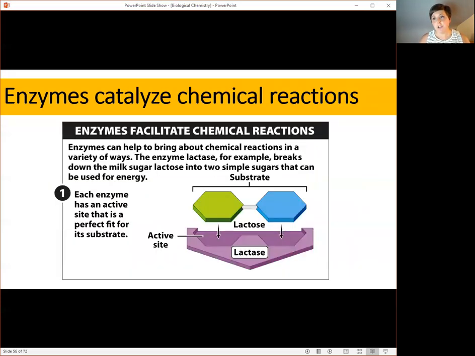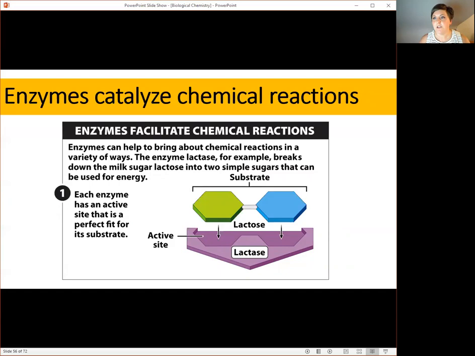For enzyme function, structure is vital. No way! Enzymes are able to facilitate chemical reactions when a substrate fits into the enzyme active site. A substrate is a molecule on which the reaction will take place. For example, on this slide, the substrate is lactose, a disaccharide composed of the monosaccharides glucose and galactose. In this case, the reaction that needs catalyzing is the breaking of the bond between these two monosaccharides.